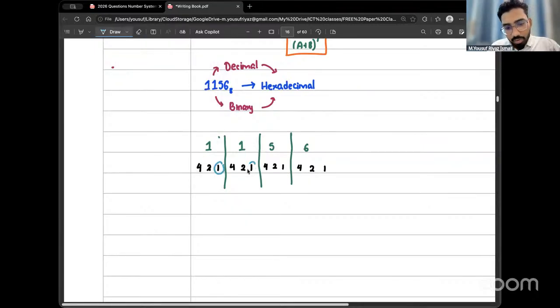To form one, need only one. To form five, we need four and one. To form six, we need four and two. So I circle the numbers I need to form the respective digit. Below the numbers I circled, I'm going to write 1. And below the remaining numbers, I write 0. And now, if you join them all together, your final answer is going to be